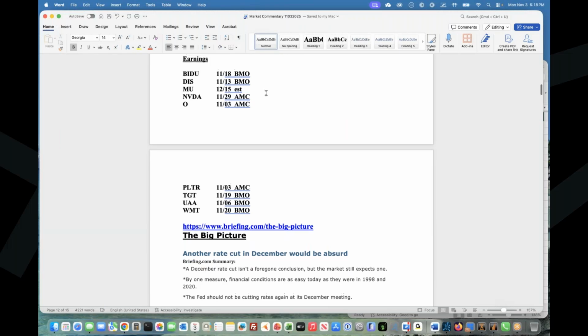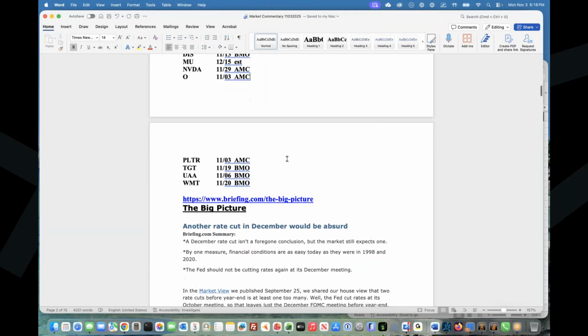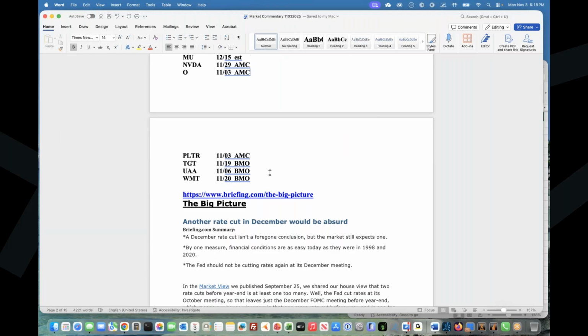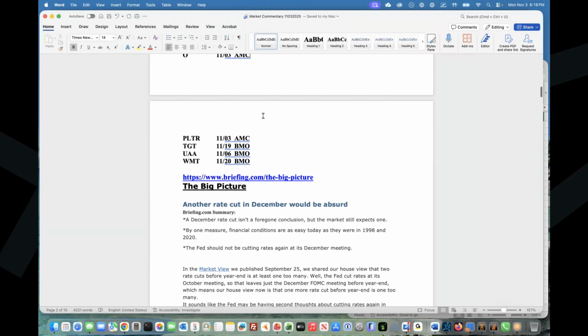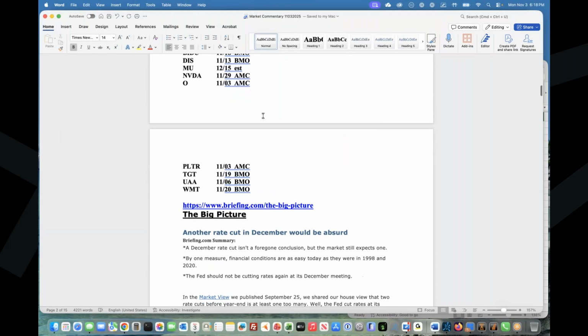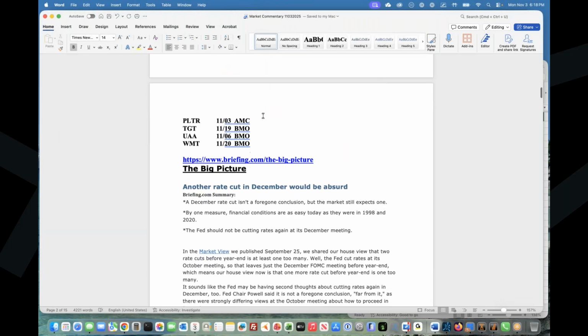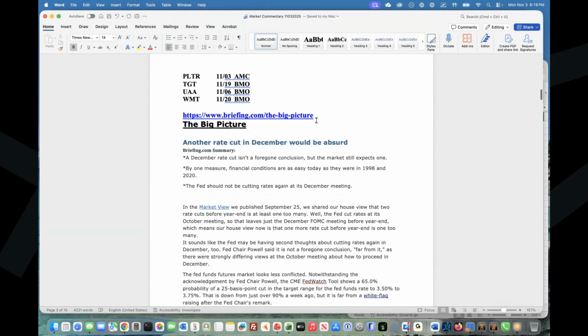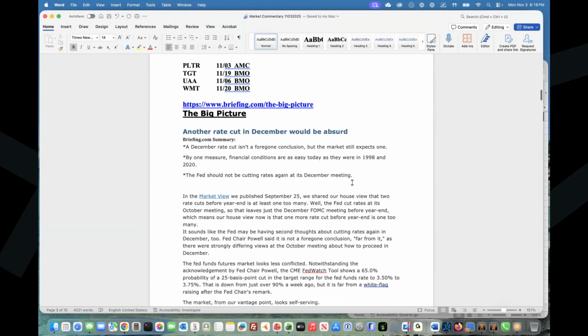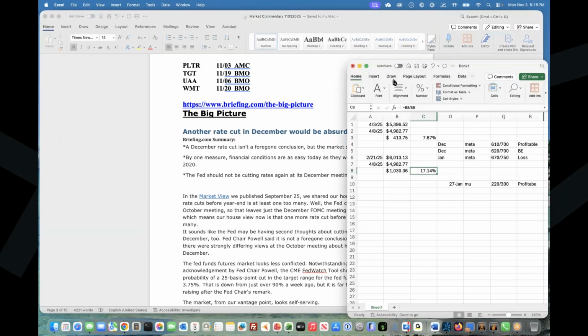Anyway, so earnings this week: Baidu, Disney, Micron, still a little further out, NVIDIA, Palantir, Target, Under Armour, Walmart. We've got a lot of earnings coming up, so we are mostly protected, I think, on these. We've been doing a few. You probably noticed some transactions in your accounts. The ones that I need to mention are